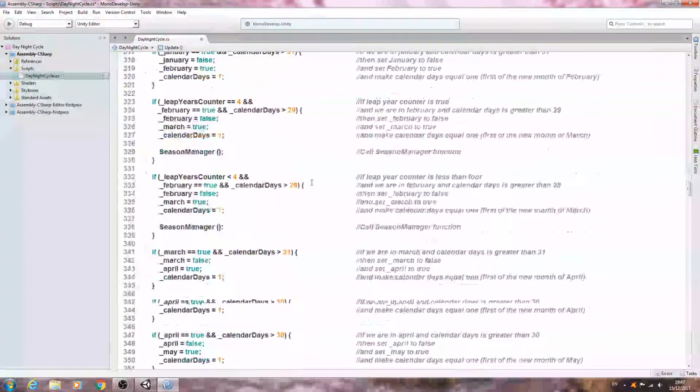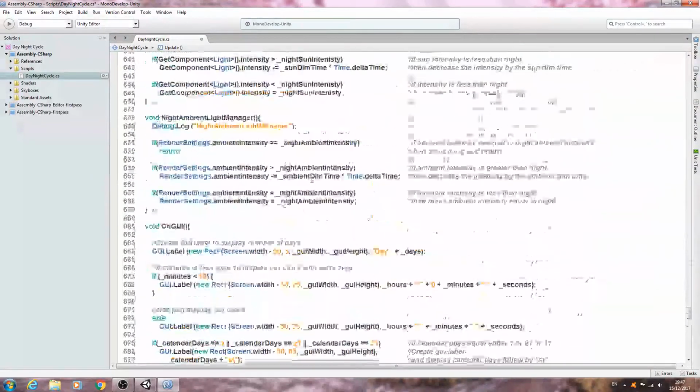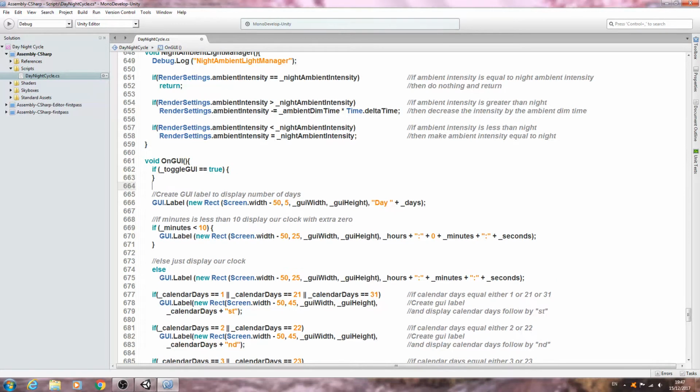Now we've got that in the void update, let's come down to the void OnGUI. Right at the very top here, we can put in if, open and close brackets, inside these brackets, toggle GUI double equals true. We'll come to the end of the line, we'll open and close brackets again, then we'll come back to this first line and we'll put in the comments if toggle GUI